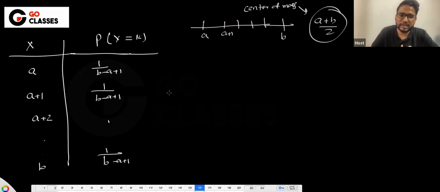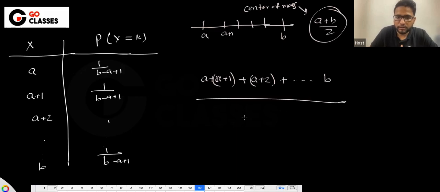But we have to obviously check it. So let's just do it. It will be a plus b, a plus 1, a plus 2, like this till b, right? Till b upon b minus a plus 1. So if you calculate, this is, I think, an AP, and how many number of terms are there in the AP? Like, just to rewrite this b, I can write this b as